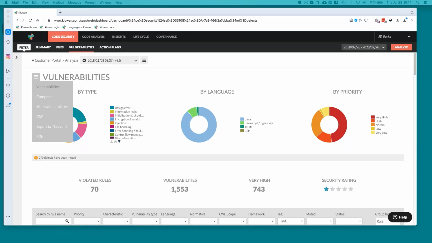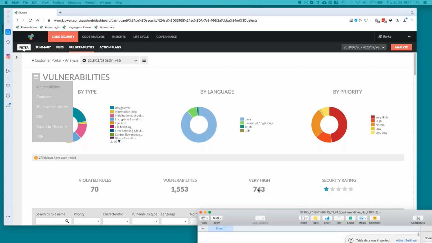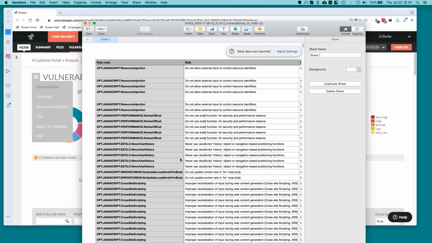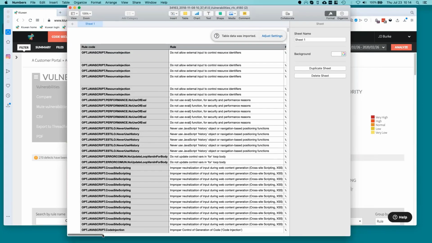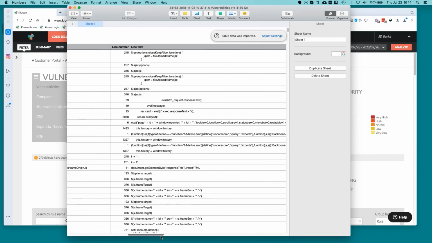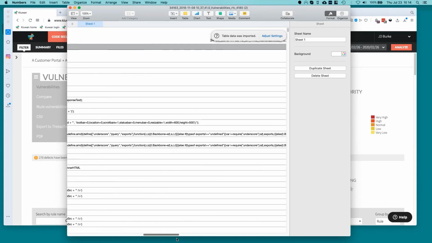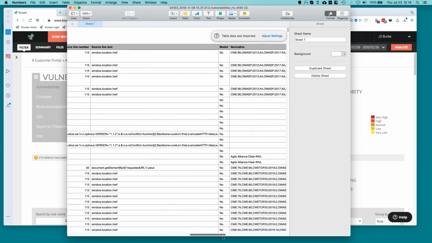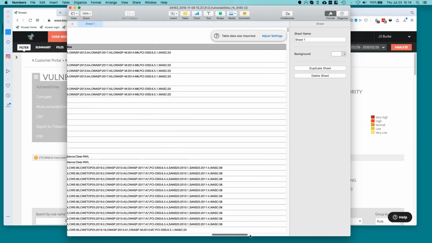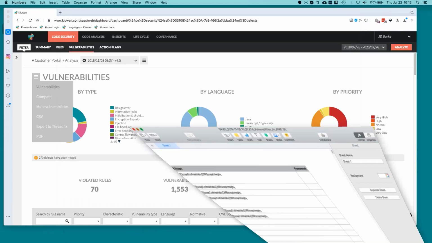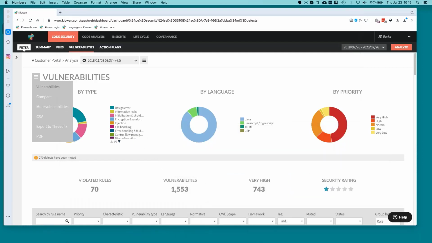you pull up the CSV, and I just loaded it up into Numbers on Mac, but you get a full dump of the information on that page in a flat format. So from here, you could go ahead and mangle it in Excel or whatever you like to use to manage your flat files. You go ahead and process that into some other format. We do the same thing